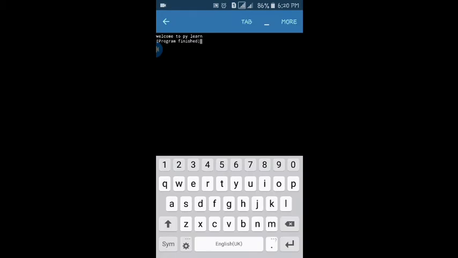You can see it was printed, welcome to Pyland, which means we are writing to the output stream, the output file, so what is in that output file will be displayed on the display. If you're using a laptop, it will be on the screen. It is in mobile, so it's also displaying on the screen.